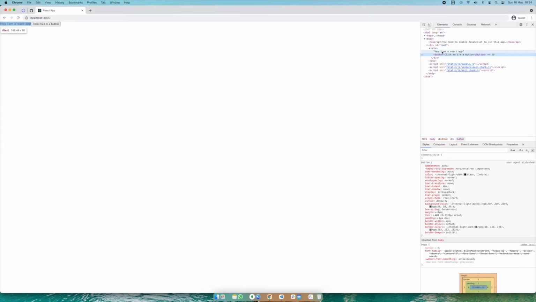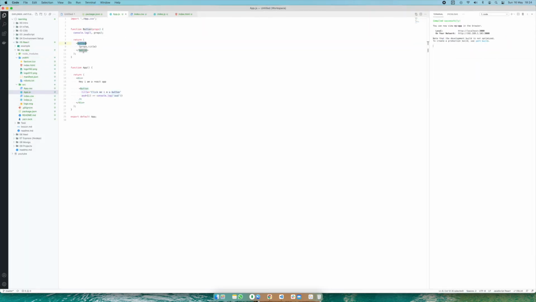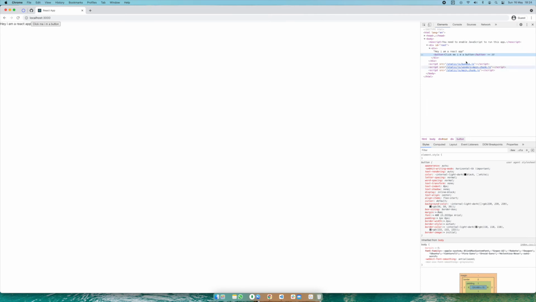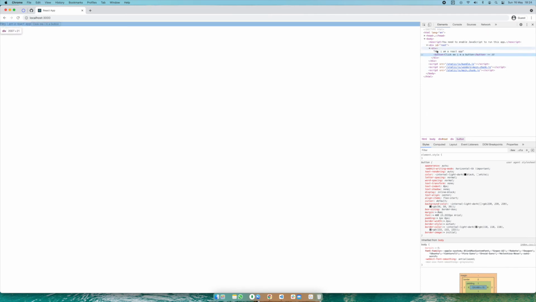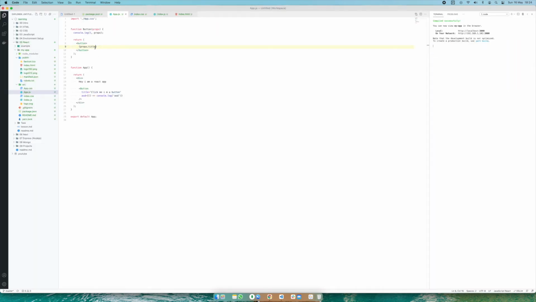So it's a div, it's some text, and our button, this is how it gets rendered. We have this, and we have this that we inserted. So it's basically rendered in HTML exactly as it's supposed to. Now, additionally, on top of that, we have